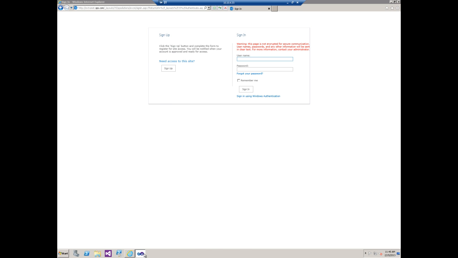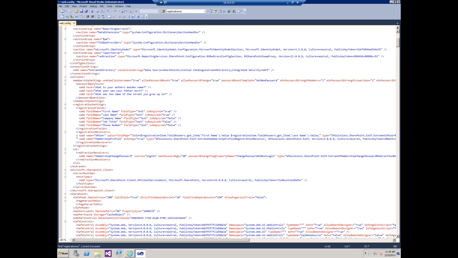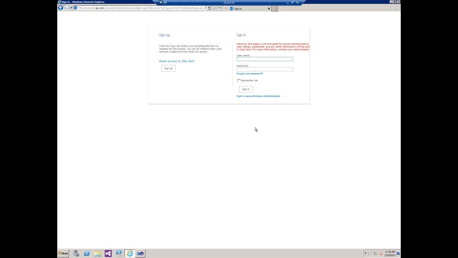So the first thing I like to do is bring up the web config file and the section that contains the registration receiver area. And you'll see it starts on this line and ends here. So what I'm going to do is just comment this out. This is in Visual Basic 2010, but you can use Notepad or anything similar, Notepad++ if you want, to edit your web config files. So now that we have that commented out, I'm going to go ahead and save it, minimize that,